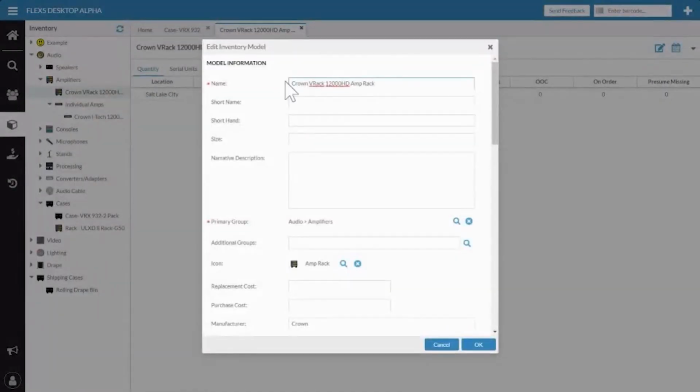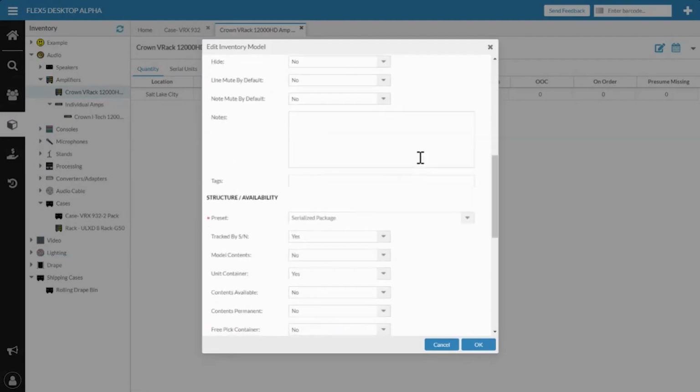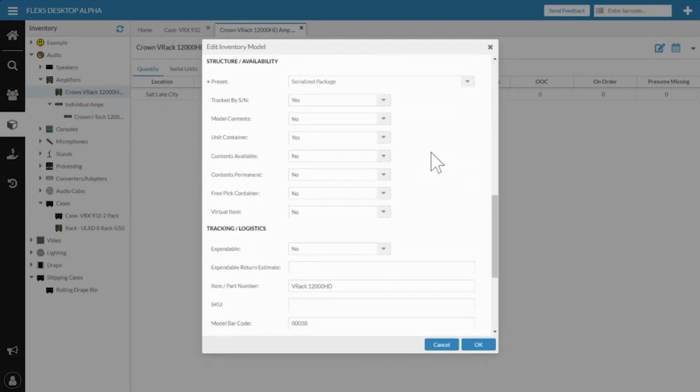Now on this, one thing I do want to note is I didn't name it in the same system, because for a serialized package, this is the item that we will be quoting to the customer. And so we don't want to use that same system that I used for that case of speakers, okay? So going down to the structure and availability settings, we see here that we have the serialized package says, again,